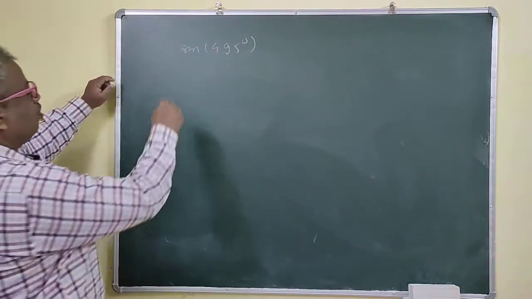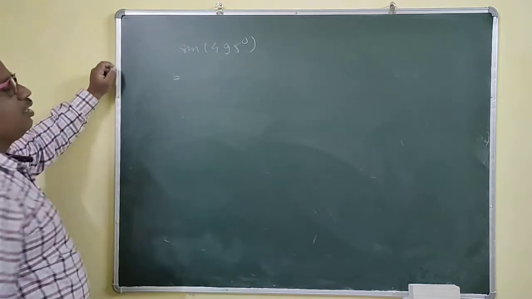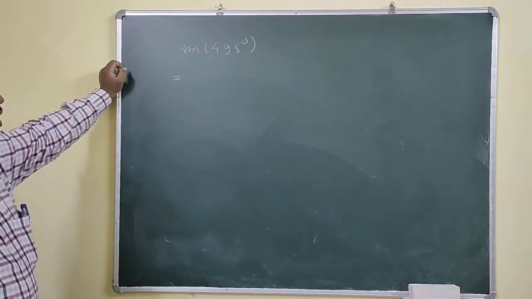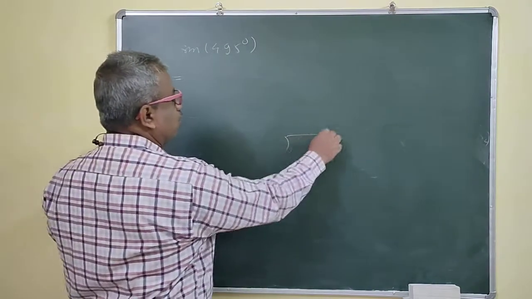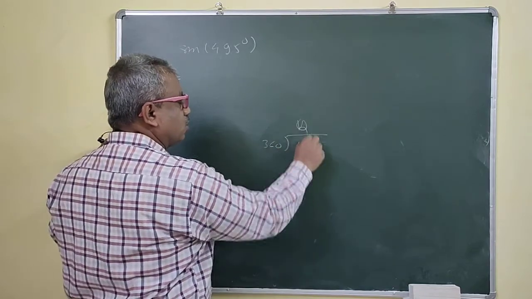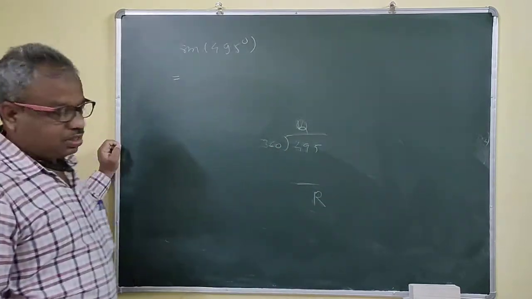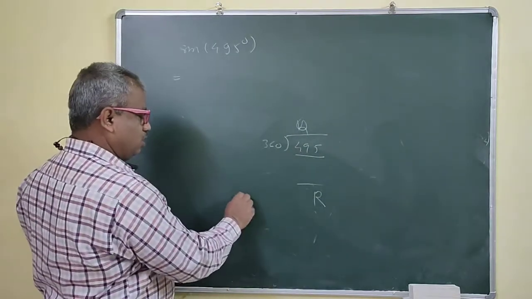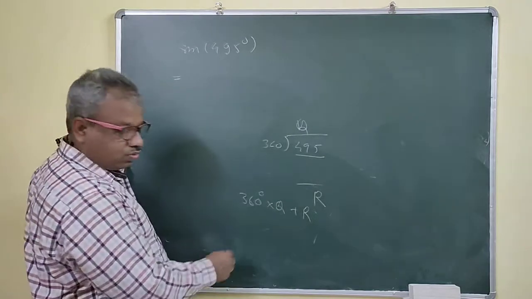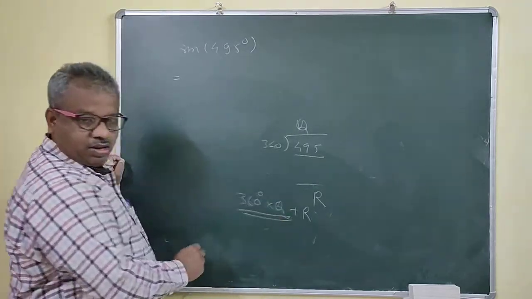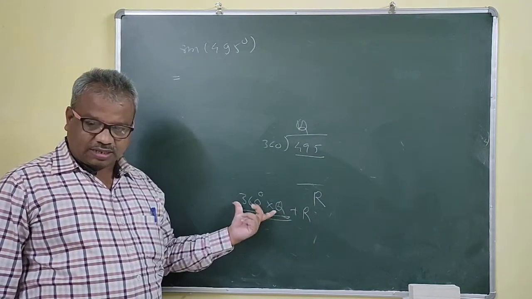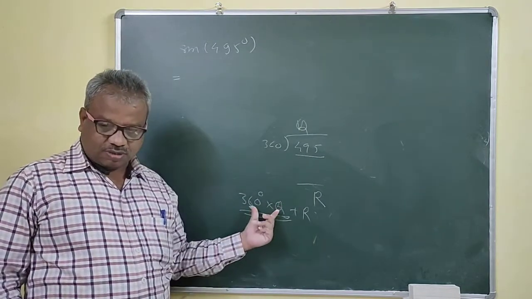So we can write sine 495 degree in terms of 360 degree, because this is greater than 360 degree. So if it's greater than 360 degrees, what you have to do is divide 495 by 360. Find the quotient and the remainder. Then we can write 495 as 360 degree into quotient plus remainder. So now this is an allied angle, this is a quadrantal angle. So you get a value directly, sine of something, cos of something. You can find this one.